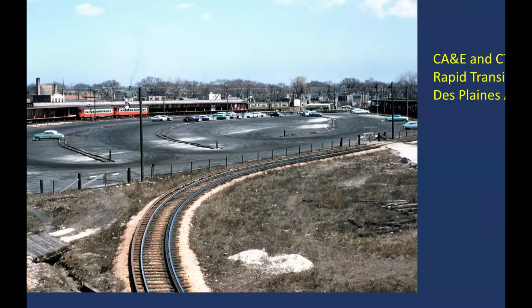Who they had a cross the platform connection, but ridership was already declining. The new owners of the CA&E, quite frankly, had no interest in continuing passenger service anyway. The Westchester route had been discontinued in 1951, and that bus you see over there is the Westchester Extension